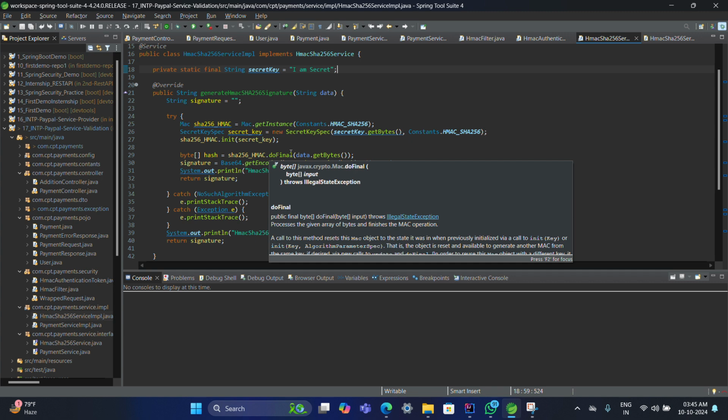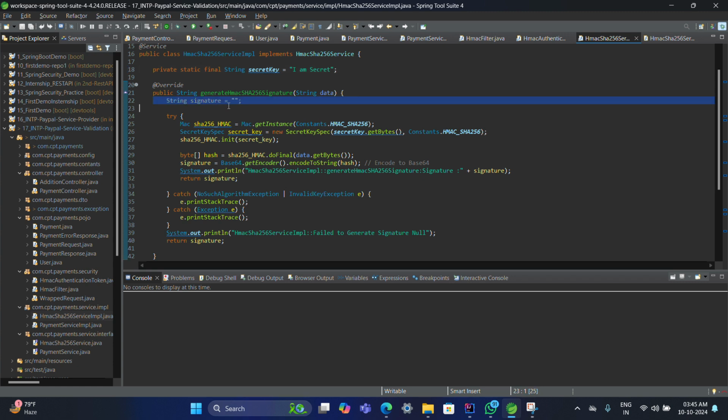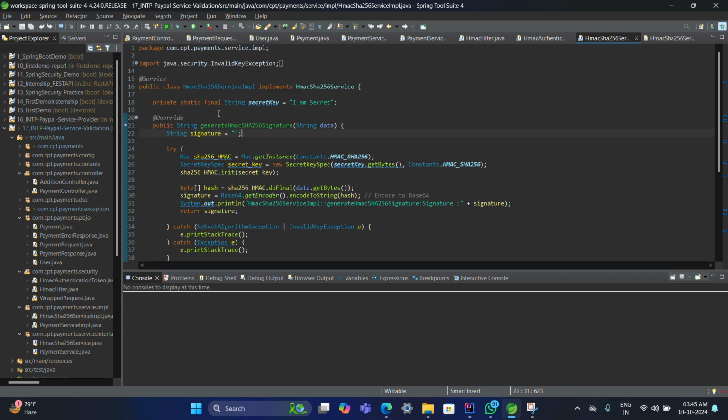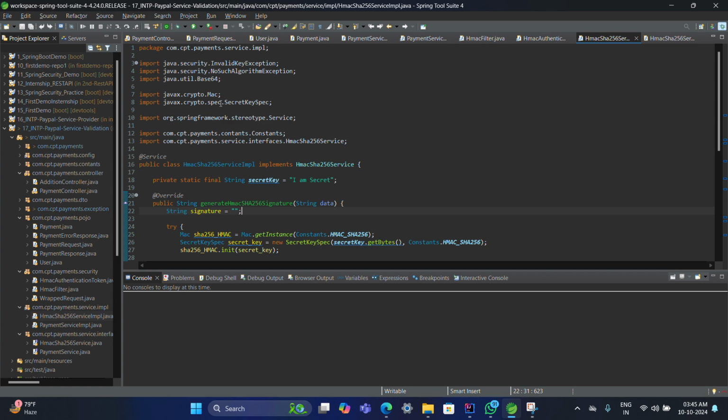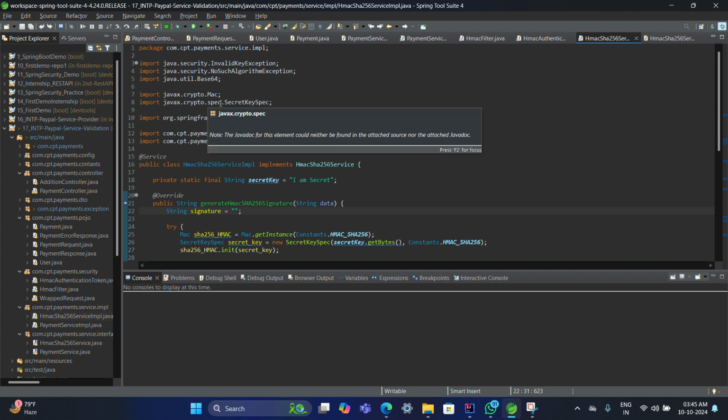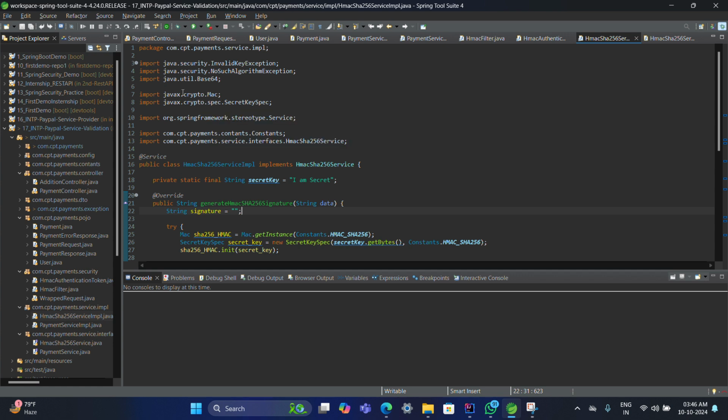So we got the secret key. Here it is the signature, and we use a try catch block. For accessibility, we defined it here as null. So we used the Mac class. The Mac class provides us the methods to create the HMAC-SHA signature. It is in the javax.crypto.Mac package,